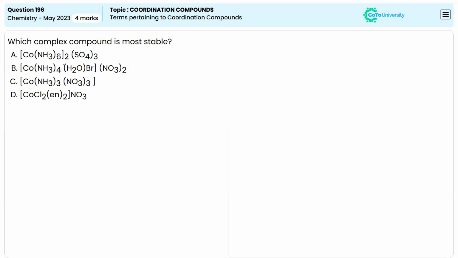The first one is Co(NH3)6 twice. This is a monodentate ligand, ammonia, so they cannot produce a chelate. They are stable, but compared to the others, see here we can see in